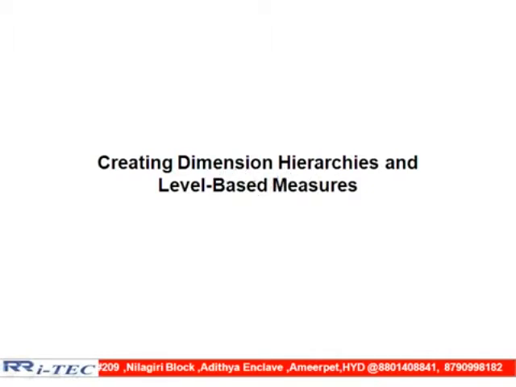In dimensional hierarchy, I am seeing two words, sir. One is dimension, the other one is hierarchy. How many types of tables do we have, sir? Two types. What are those? Dimension tables and fact tables. How to identify whether it is a dimension table or fact table, sir? A table that contains at least one measure column is a fact table. No measure columns, that is a dimension table. Some examples of dimension tables: customer table, product table, time table, sales representative table. These are all examples of dimension tables.